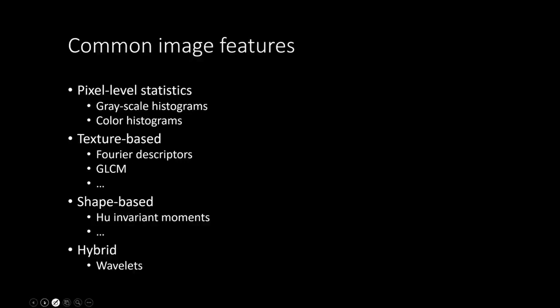Why image features? Because some of the very useful data that you can deal with are these few types of data. One is images, right? Because we take a lot of images for different scenarios. We take images not just in consumer photography, but also for a lot of industrial applications, a lot of service applications, and so forth. For example, face images, traffic images, images of materials or components that are being produced in an assembly line, and so forth.